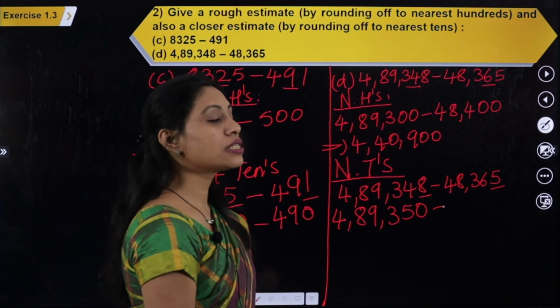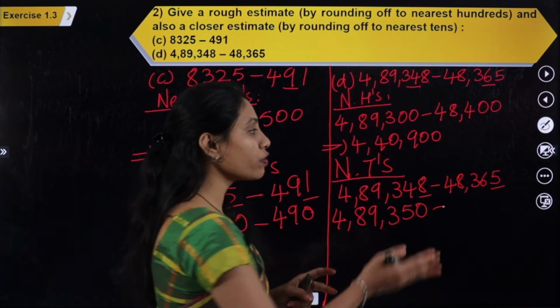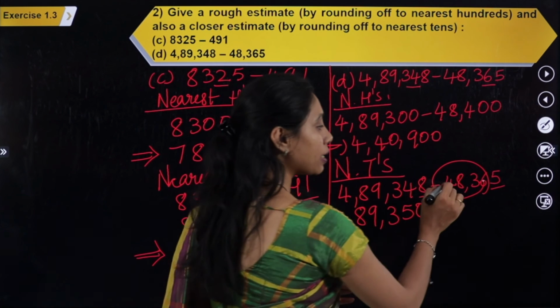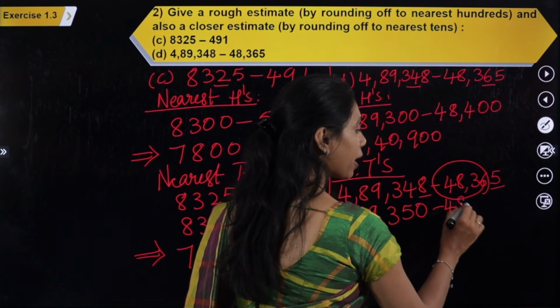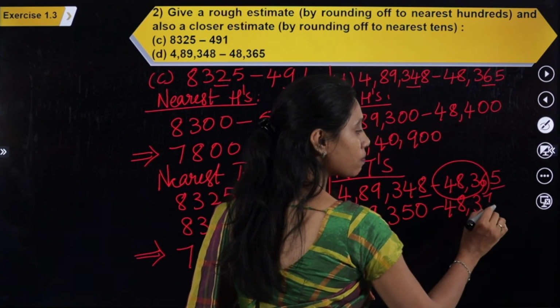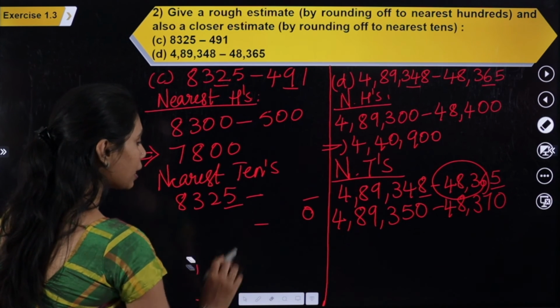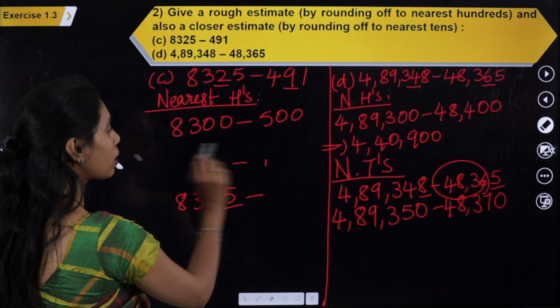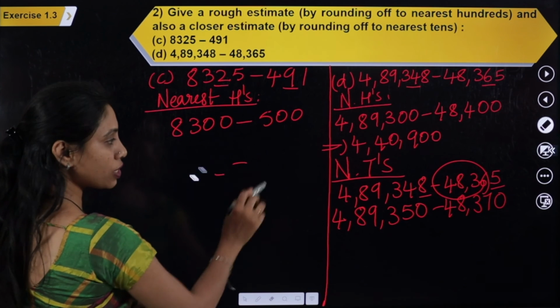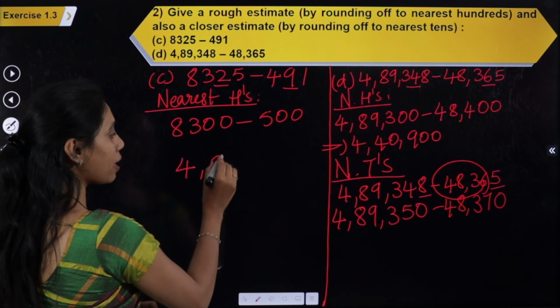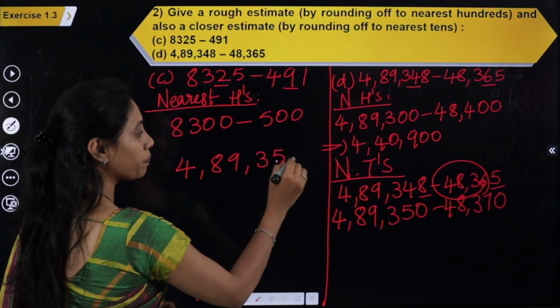Now, the underlined digit here is 5, which is equal to 5. So, we will be adding 1 to the digit before, that means the left side of the underlined digit. So it becomes 4, 8, 3, 6 plus 1 becomes 7, and the underlined digit becomes 0. Now quickly let us find the difference between the two numbers we got after rounding off to the nearest tens. So that is 4,89,350 minus